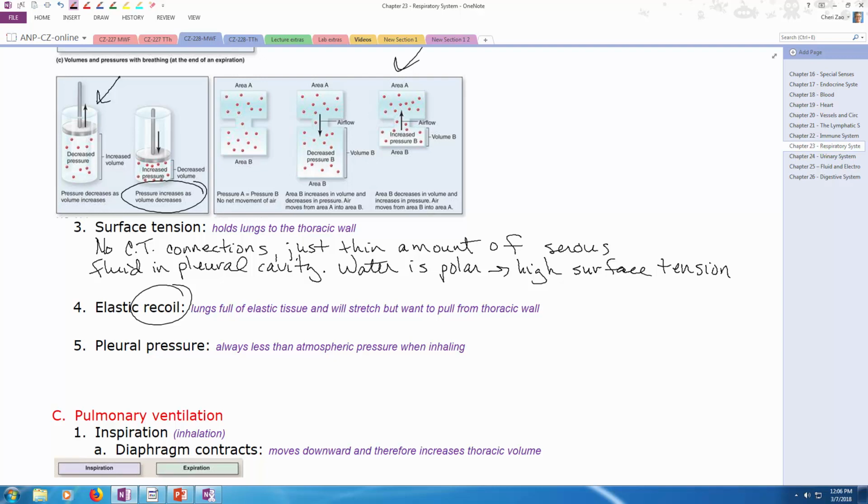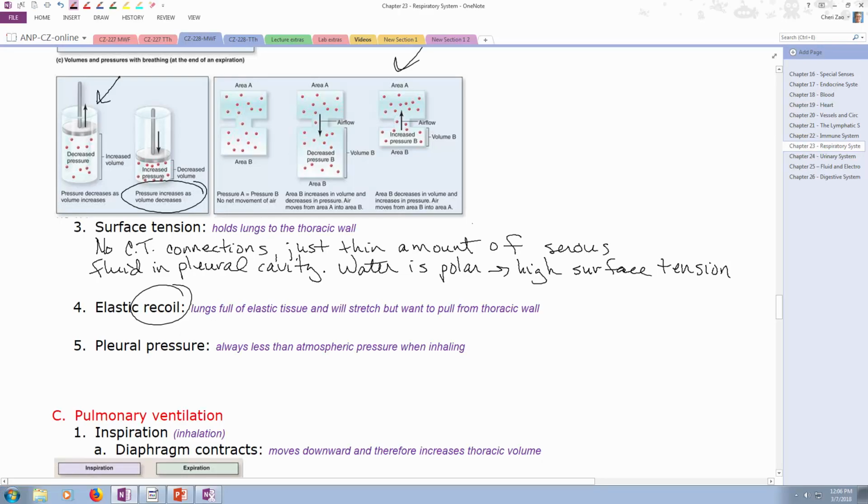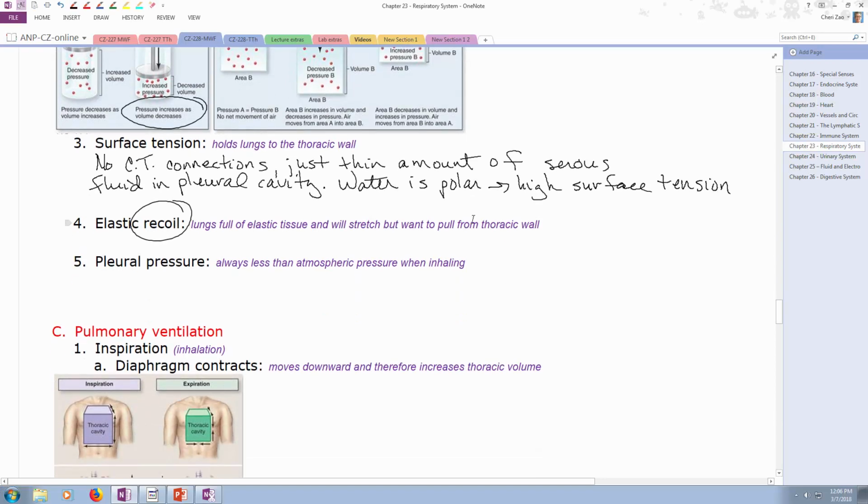And so you have the springiness of the chest wall trying to expand, and you have the lung tissue trying to collapse inside. So those two elastic forces are almost opposing elastic forces. So we have the elastic recoil of the lung tissue trying to shrink or pull away from the thoracic wall, and we also have the thoracic wall